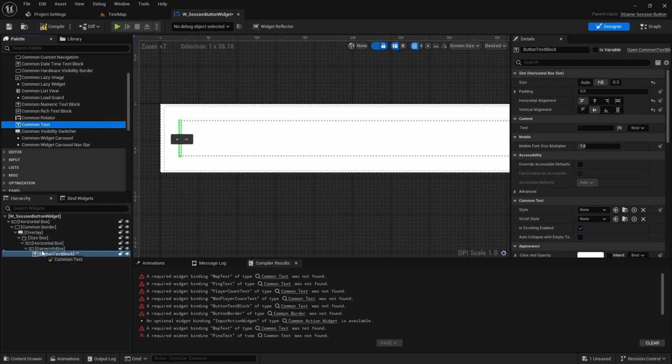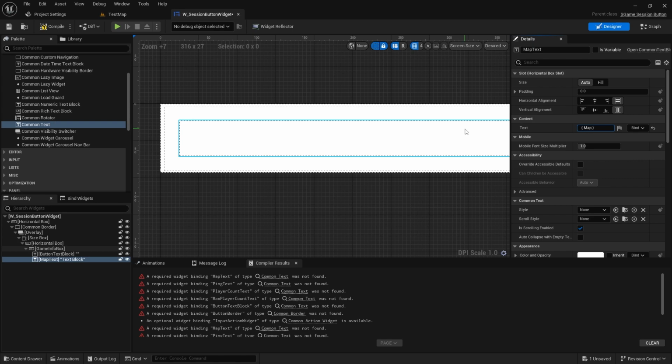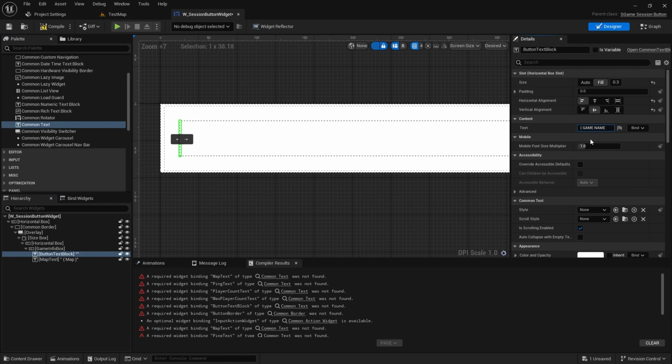Alright, so we need another text block, and this will be the map. So we call this map text, which is just here, and this will be the map. And I'll put this in here. This will be the game name. Oh, we need to, so this one we also need to fill, and we'll put this to 0.3, fully stretched, yep. And then the next one we're going to need 2 inputs for the ping,